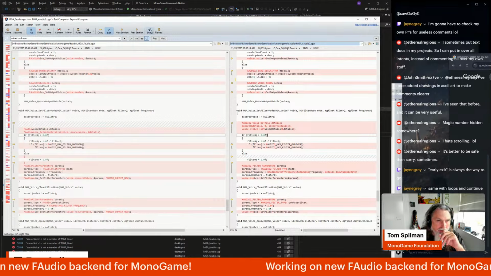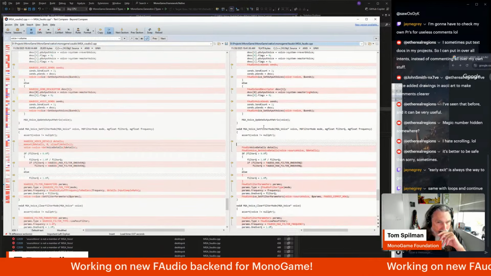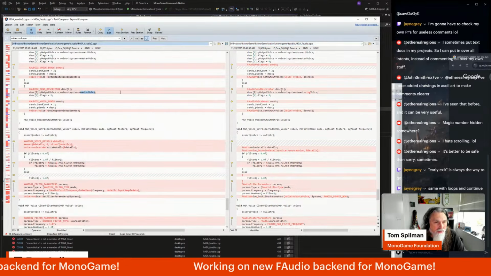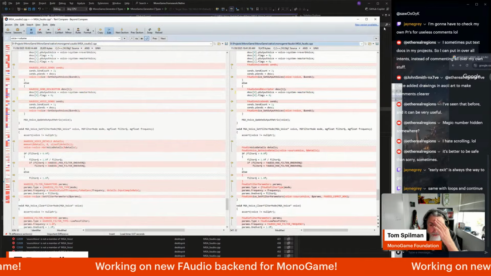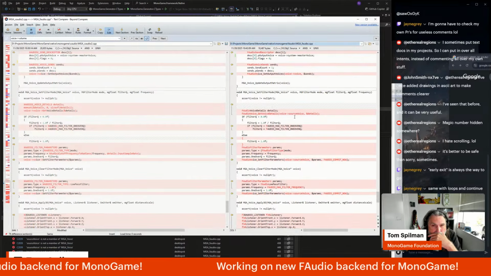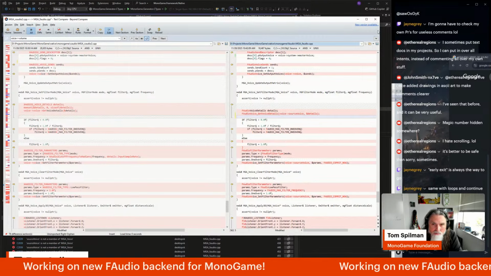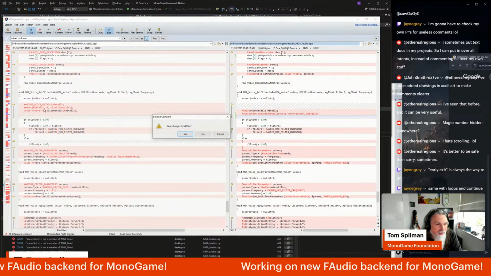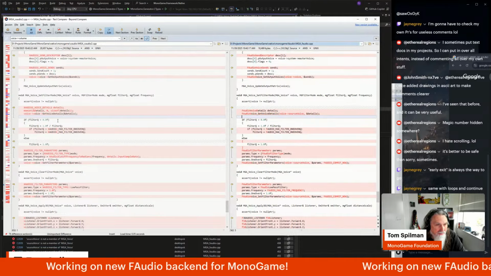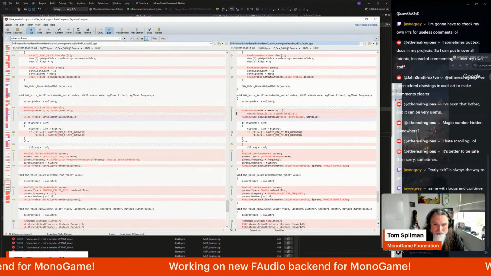Oh, I swapped these two. I did hit the button. I got confused there for a second. That's fine. Let me try to keep things as similar as possible here. Sure, that's fine. Probably unnecessary, but